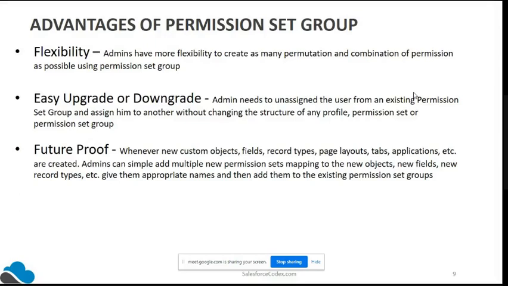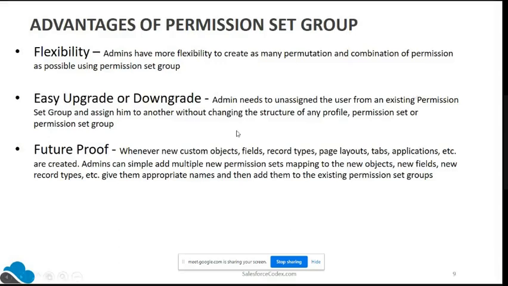Okay, so now the main advantage of these permission sets and groups is that we have a lot of flexibility. Rather than creating a lot of profiles, you can create permission sets and make those permission sets into a lot of groups based upon your working model for a particular situation. So we have a lot of flexibility here, so that the admin can directly take that particular group and add it to a list of persons, whatever is provided to him. So it will make his life easier.